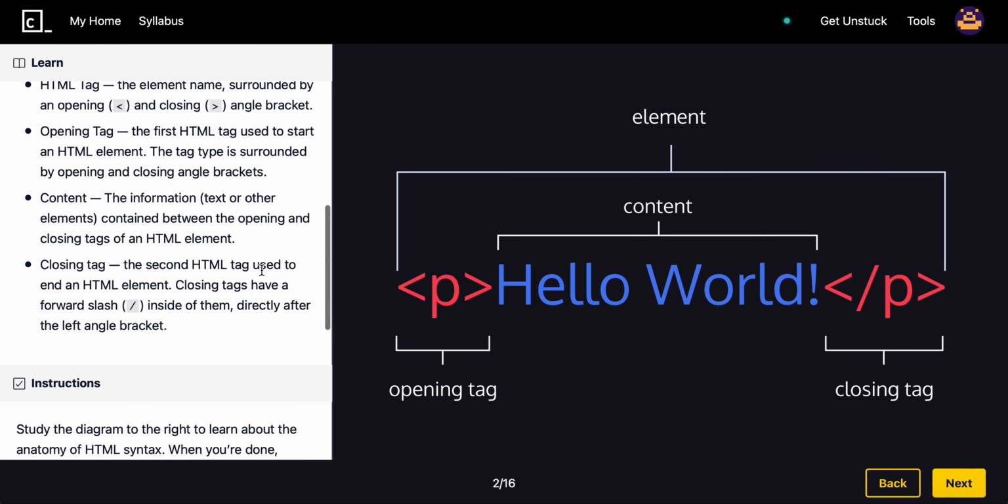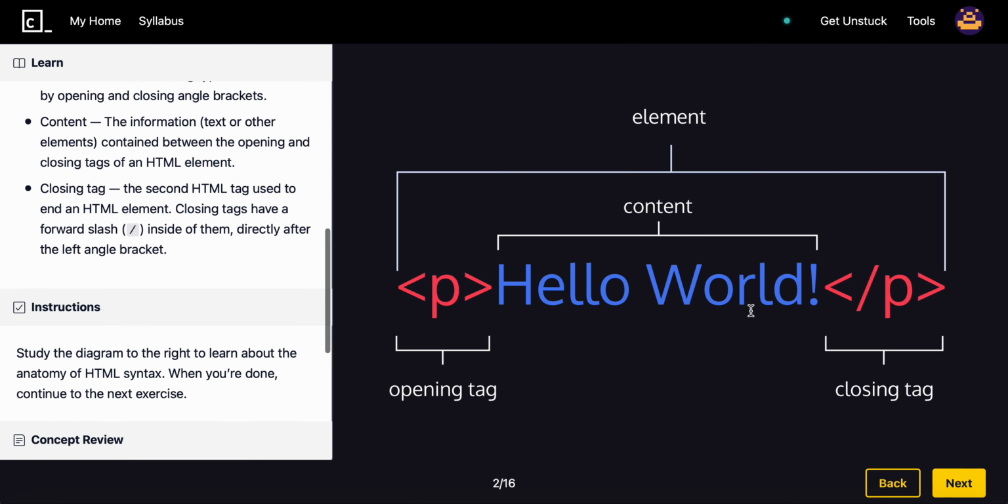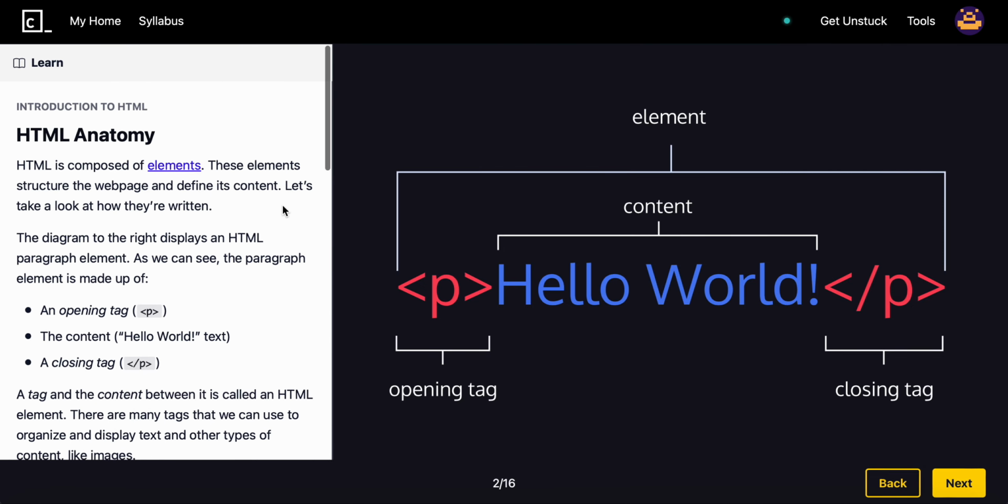The content itself is the information, so it could be the text or other elements contained between the opening and closing tags of an HTML element. The closing tag is the second HTML tag used to end an HTML element. Closing tags have a forward slash inside of them directly after the angle bracket. So that